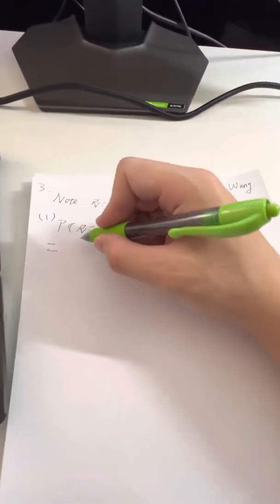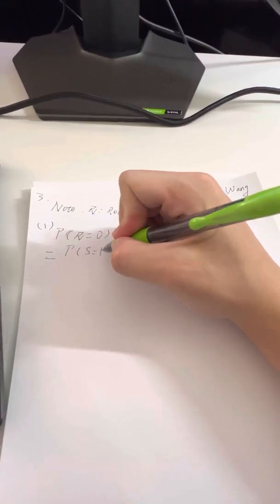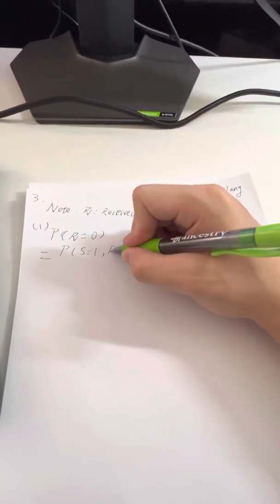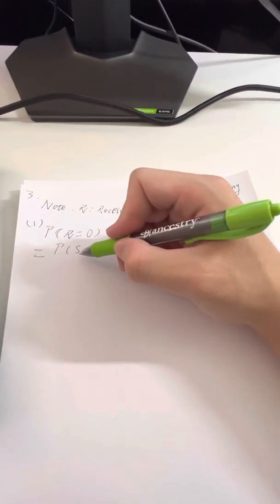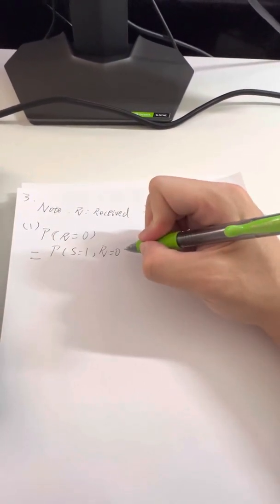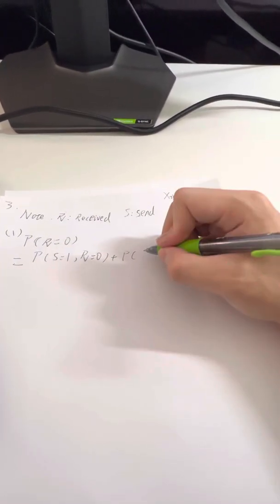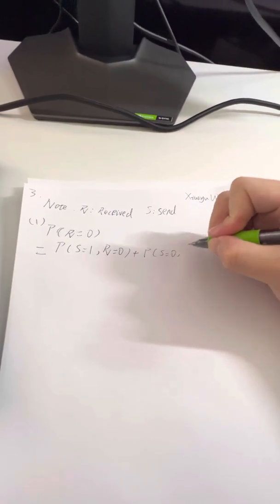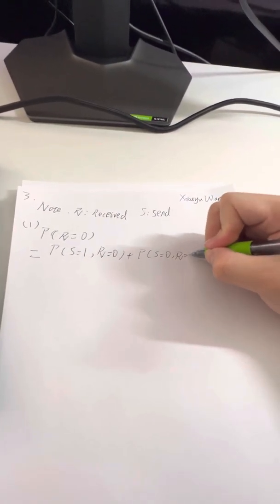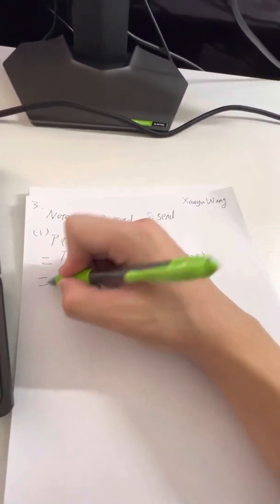The first situation is when you send the number 1, but you receive the number 0. Plus another situation, when you send 0 and you finally receive 0, and we can